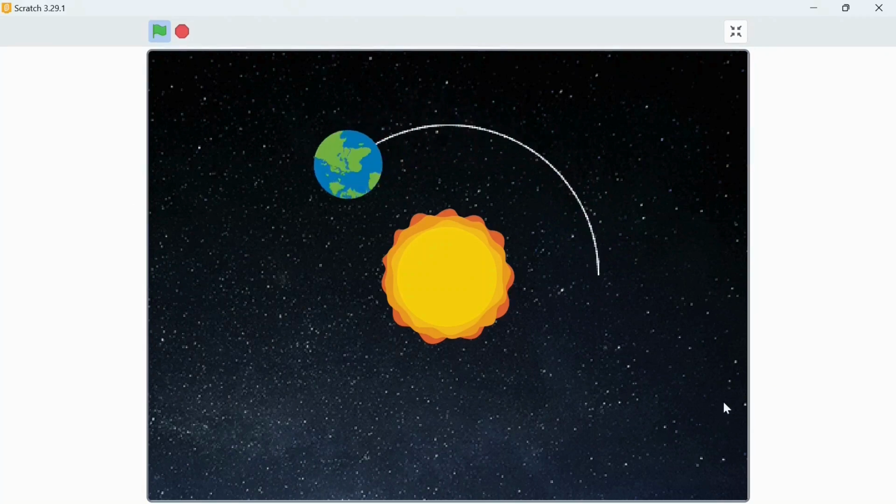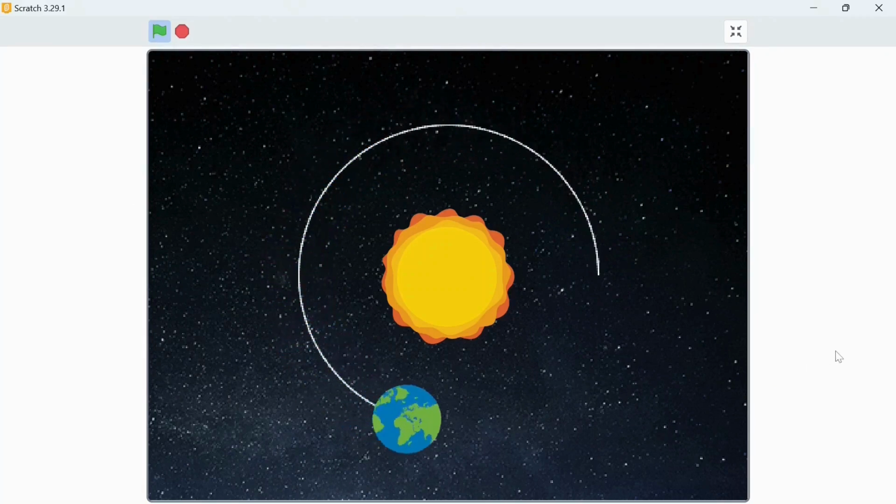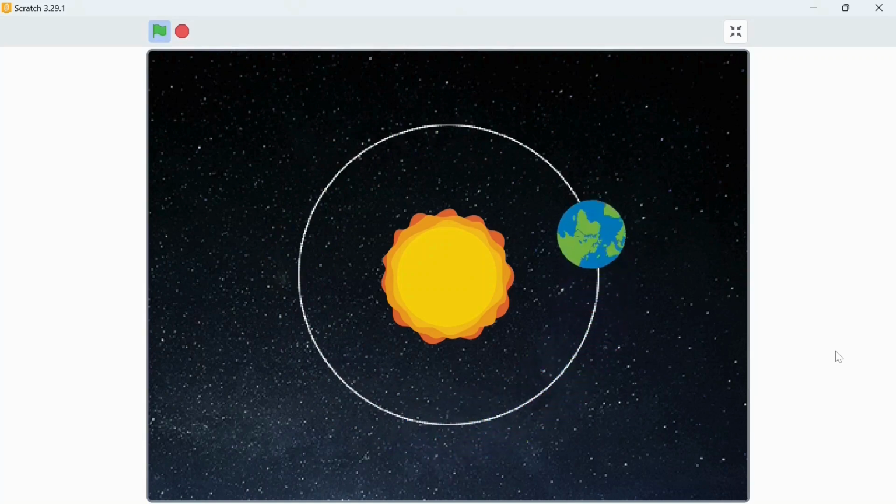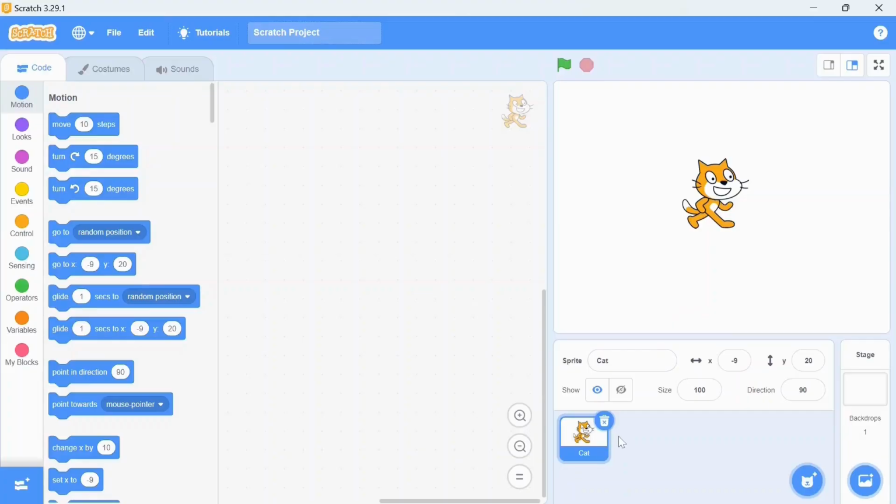Oh, it's beautiful. You can see how the earth is revolving with the exact distance from the sun. It's rotating on its axis only, and also it revolves around the sun. In this video, we'll see how we can use these sine and cosine components to make this amazing animation. So let's go. First we are going to ready our screen.